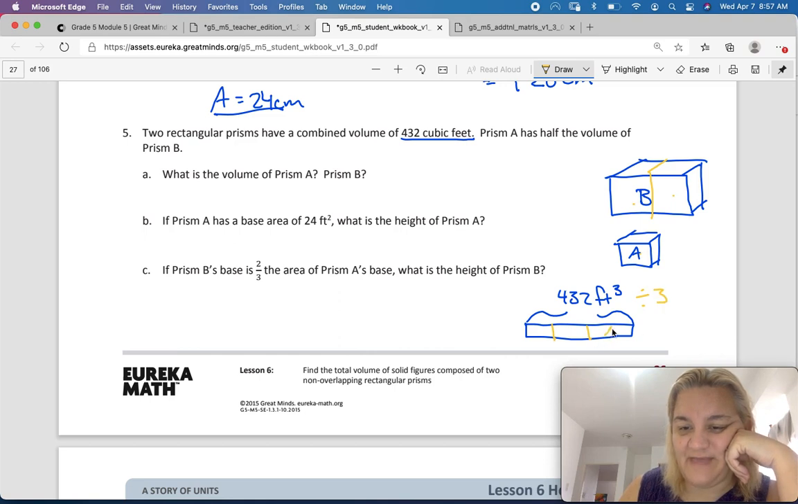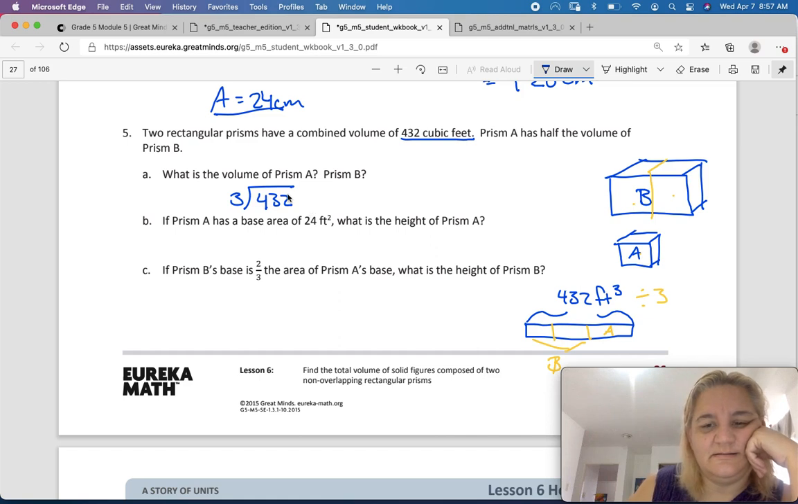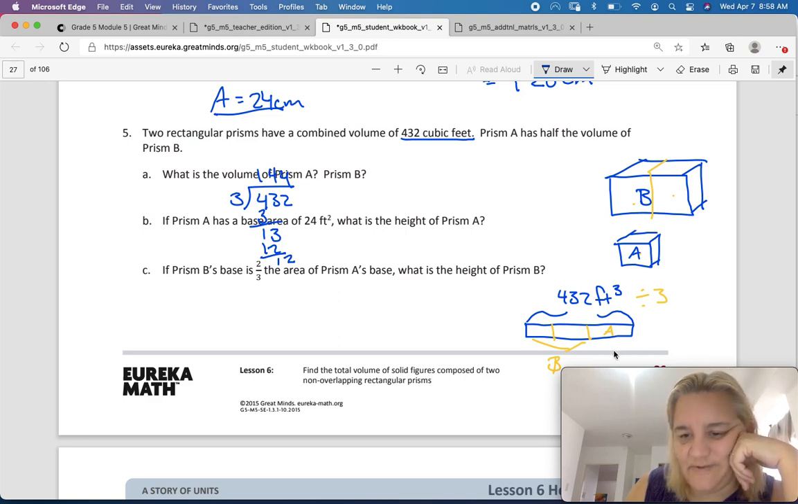And that's going to give me A and B. Okay? So, what is the volume for Prism A and Prism B? We're going to have to cut 432 divided by 3 to figure out what A would be, and then add 2 of those, and that would give us B. So, okay, 3 goes into 4 one time. 1 left over would be 4. 12 left over, 144. So A would be 144